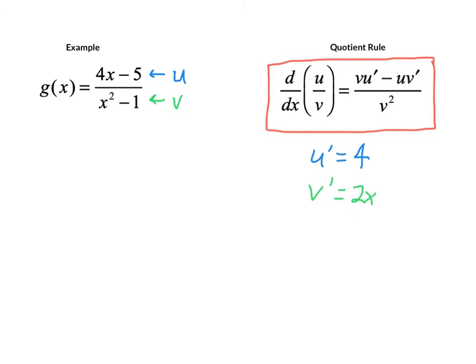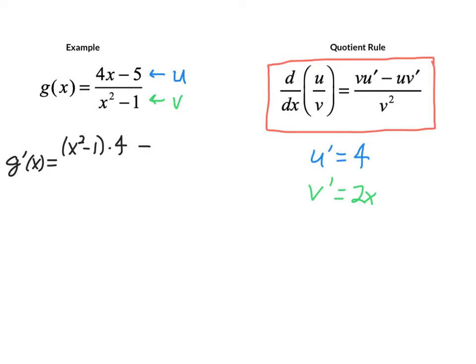So when we go to run our quotient rule, the rough draft of the quotient rule looks like this, where we just work through our formula. Now the formula itself is proven by the limit definition of the derivative, and it's pretty tricky when you look at the proof, but luckily you don't have to memorize the proof, you just need to know the rule. And so it states that we take v, the denominator, so that's x squared minus 1, times the derivative u prime, which is 4,